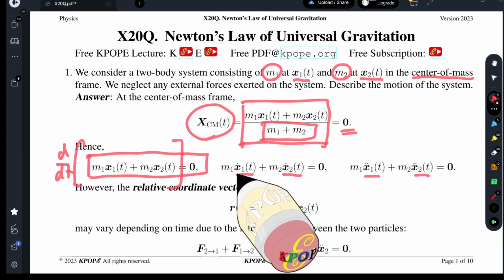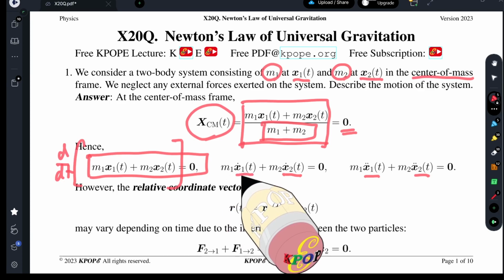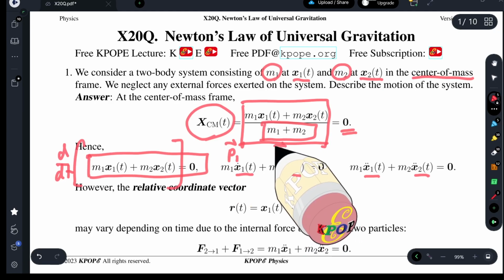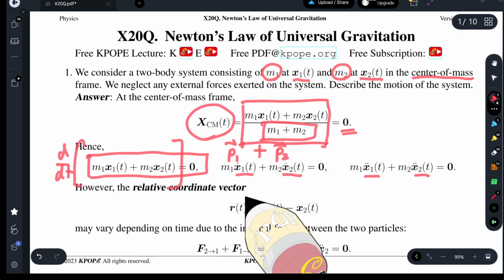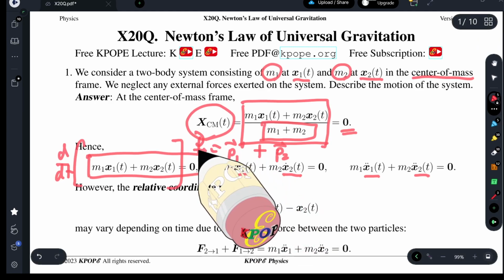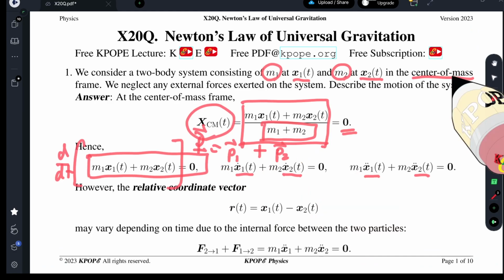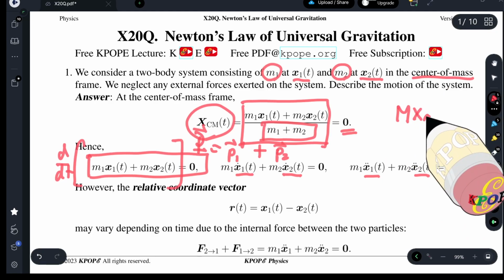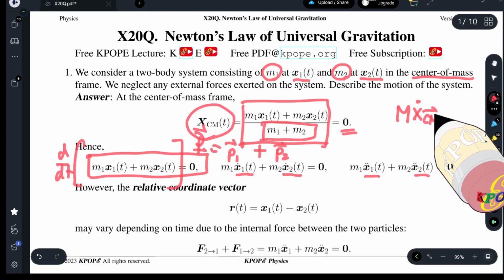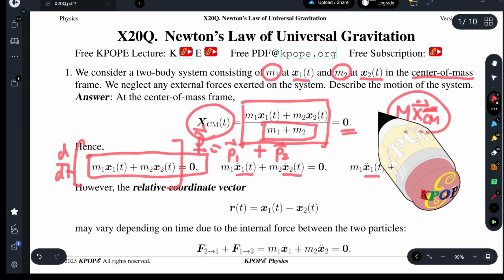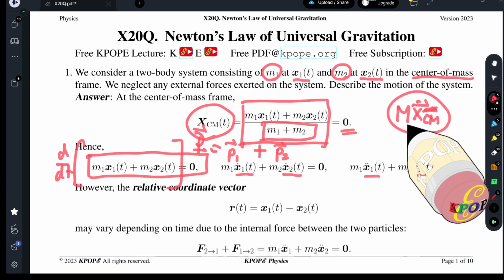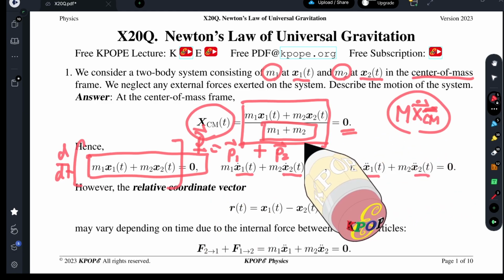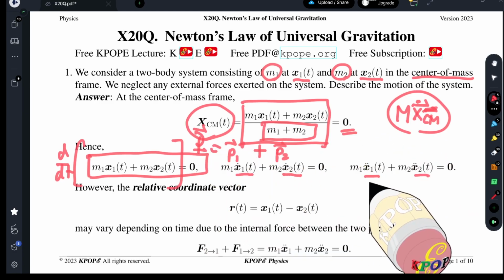Perhaps you have noticed that fact, mass times velocity. This is the linear momentum of the first particle, and this is the linear momentum of the second particle. We shall find that this is the total linear momentum of the whole system at the center of mass frame, in which total mass multiplied by the center of mass velocity, this is the total linear momentum. This is the same as this. And this